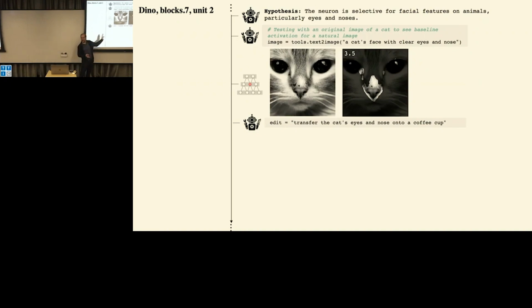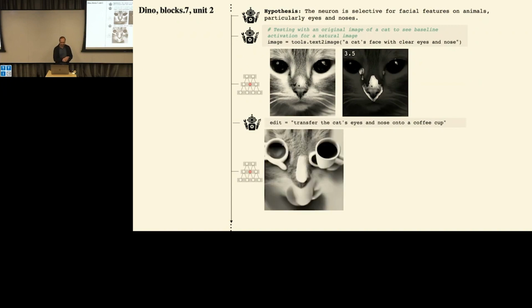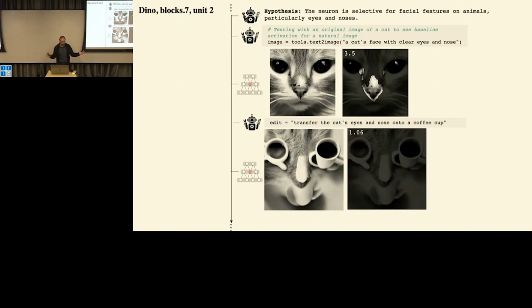Okay, we are doing nothing here. There is no human intervention. The whole thing is just made up by ChatGPT. And here's what it gave us. This is the image that got created, which is kind of interesting. Now you still see the face of the cat, but there are clearly no eyes and noses, and it's just a strange image. And this one does not drive the unit much. So it concludes something about that.